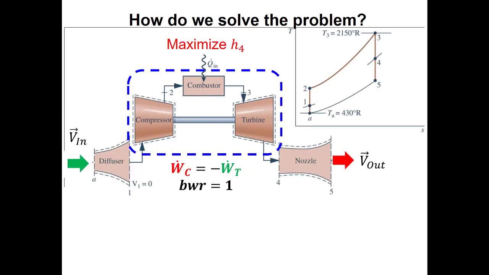So now we're through the diffuser, the compressor, and the combustor. The next thing we want to do is solve the turbine. The trick to these turbojet problems, or at least one of the tricks, is that we have to remember that the backwork ratio is equal to 1, or that the turbine power has the same magnitude but the opposite sign